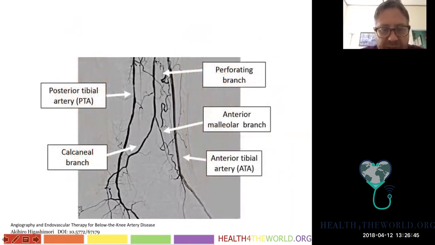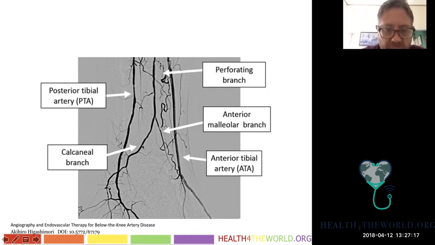We haven't talked enough about the peroneal. The peroneal will come down, and it terminates, as I mentioned before, above the ankle. It gives off a calcaneal branch and an anterior malleolar branch here. And what these do, the peroneal artery is an important collateral path should you have occlusion of one of these vessels, because you can imagine if I occluded the posterior tibial, for example, then this peroneal artery will come in